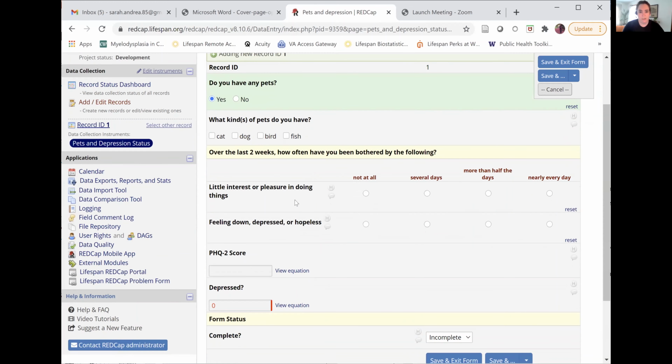So now with the 2 questions about depression, note that the calculated fields right now are grayed out. I can't enter anything in them. They're going to be calculated for me based on what I enter here. So let's say that I'm going to enter the most extreme value for both of these items. And you can see that it gave me a